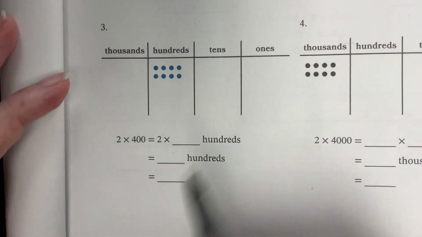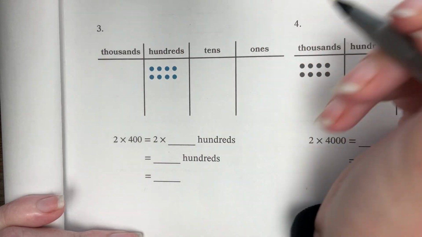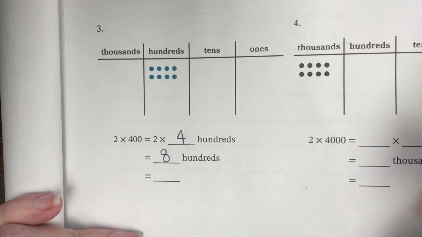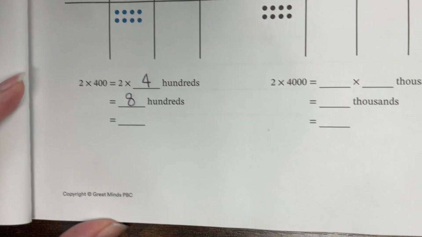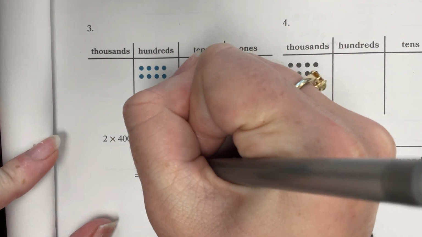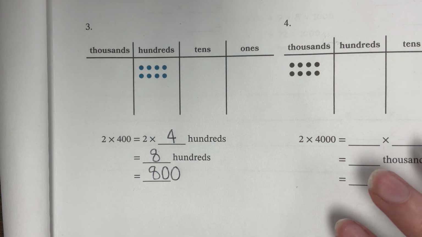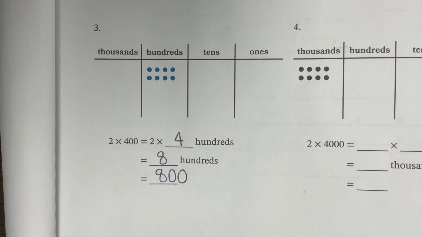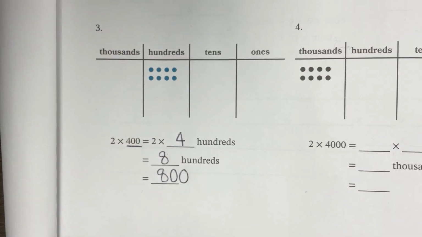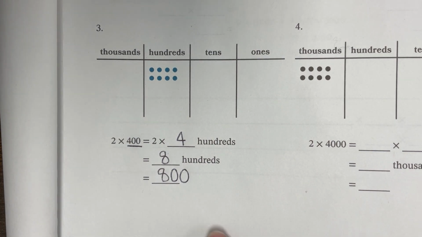Here we have 2 rows of 4 hundreds. 2 rows of 4 hundreds is 8 hundreds. Class, tell me all together. 8 hundreds in standard form is 800. This works just the same as the one that we just did and the ones that we have done before, except the difference is that we're doing 2 times 400, which is 2 times 4, which is 8, with 2